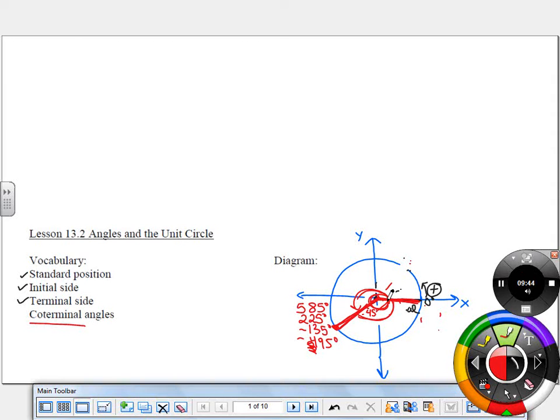The standard position just means that you started your initial side here and you've drawn it. So when they say draw an angle in standard position, they'll give you a negative or positive measurement to draw. Matt, is there any name for